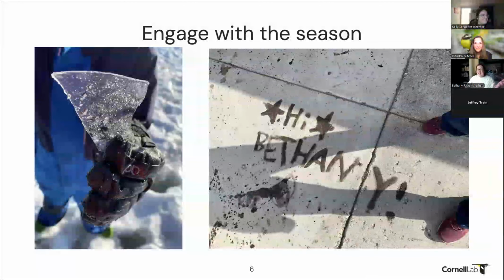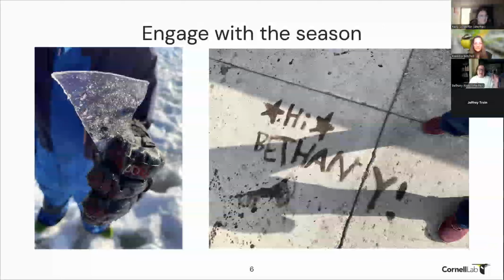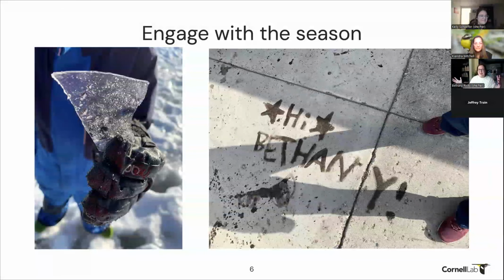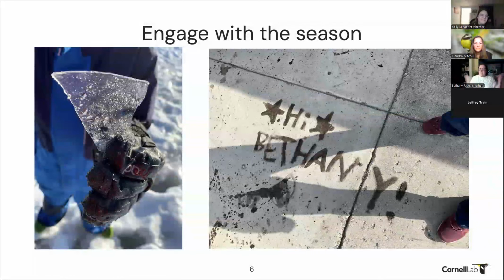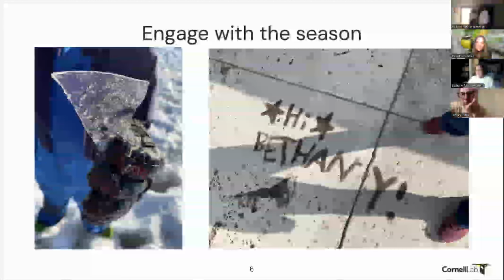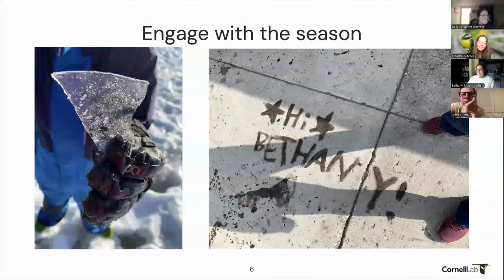I want to encourage engaging with the seasons. We haven't had enough snow this winter. I really wish we had. But on the left, I had a park that pretty much became this ice laboratory. Here, the ice is shattery. Here, the ice is very clear. Here, the ice is very spotty. Why? How is it different in different places? And maybe really just got into ice. Some kids chose to make mud paint in the picture on the right, which was very fun in a springtime context. Nobody seemed to be bothered that we drew on the sidewalk with mud. Forgiveness, permission, something.